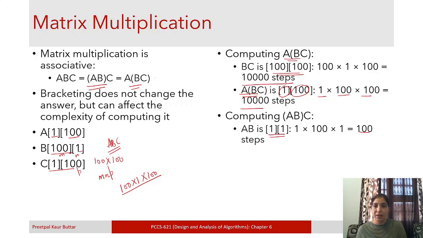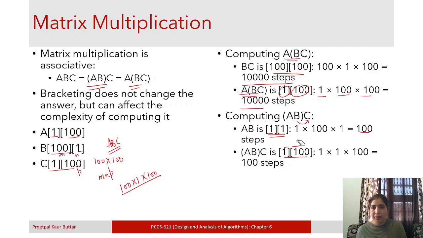Okay, and then we multiply it with C. AB is 1 cross 1 and C is 1 cross 100. When you multiply them, the resultant matrix will be 1 cross 100 and the number of steps required by it will be